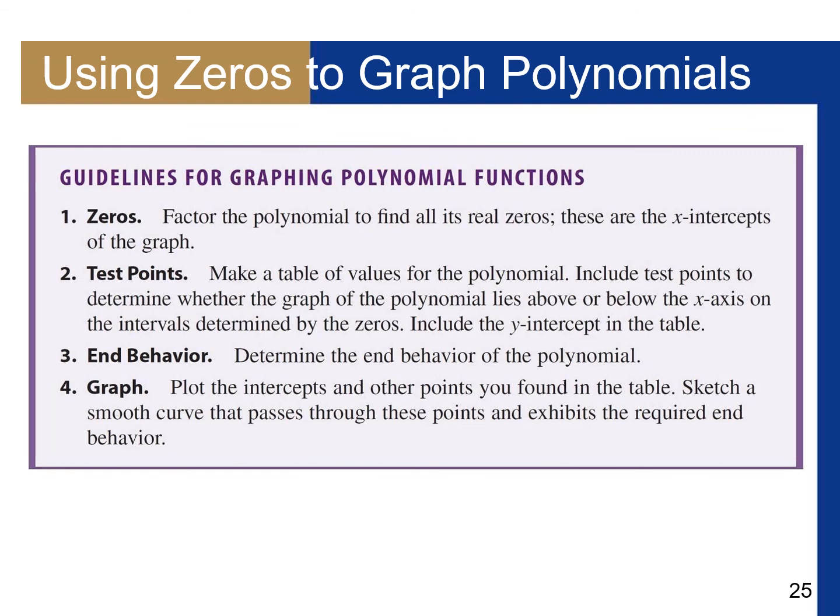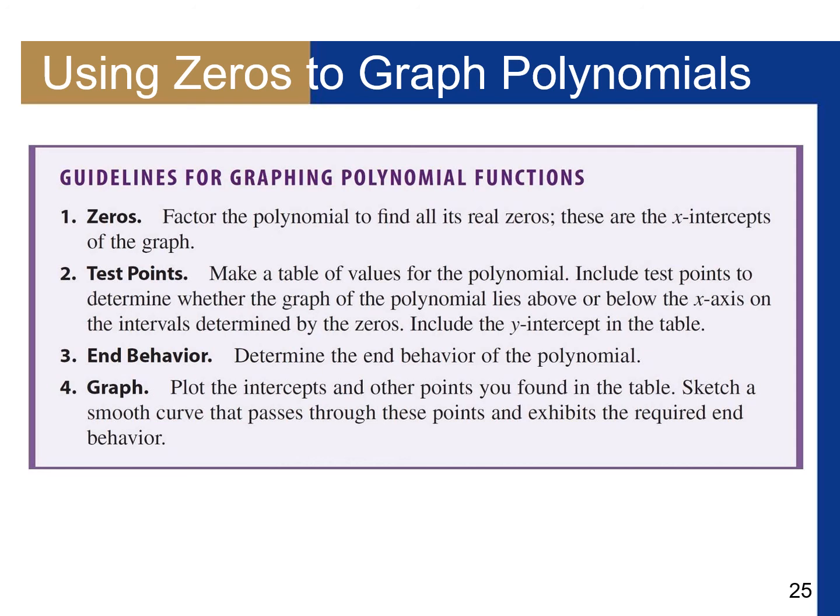So some guidelines for graphing polynomial functions. The factors of the polynomial, we'll call real zeros, are the x-intercepts. We're going to make some test points, include the test points to determine whether the polynomial lies above or below the x-axis on the intervals determined by the zeros, including the y-intercept in the table. So we're always going to want to check where x is equal to 0 so we can find the